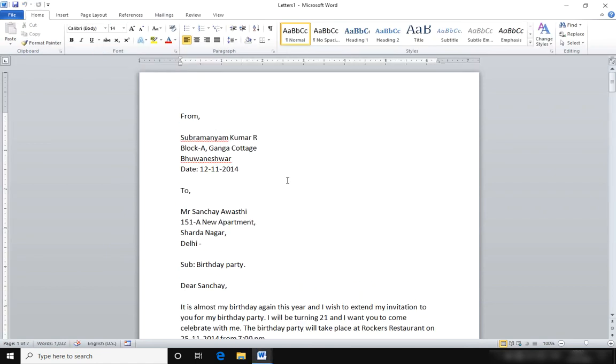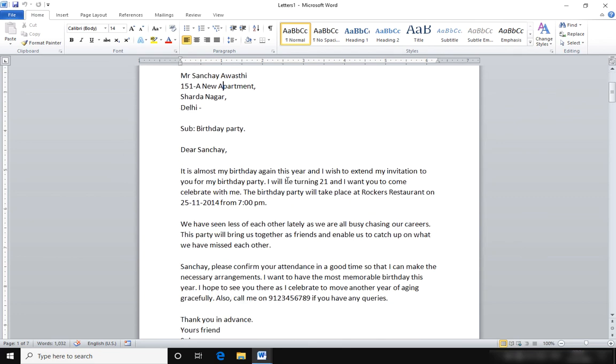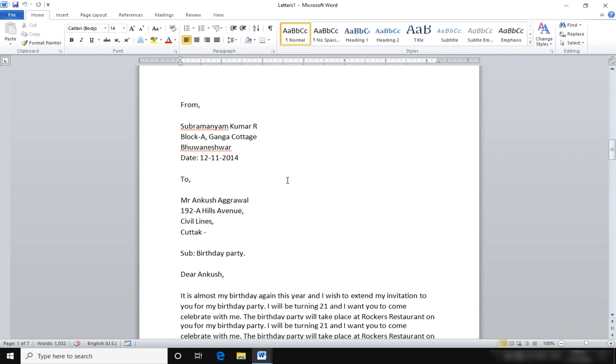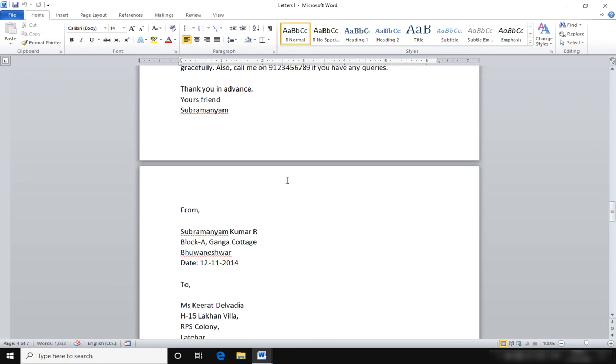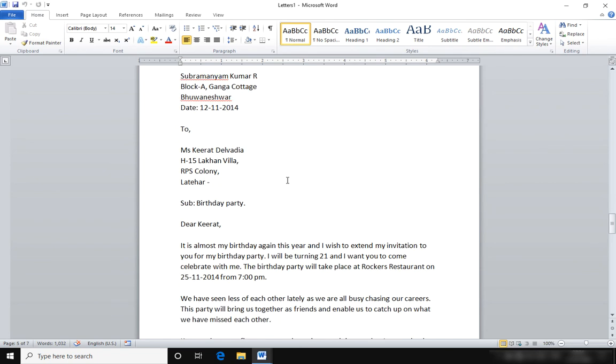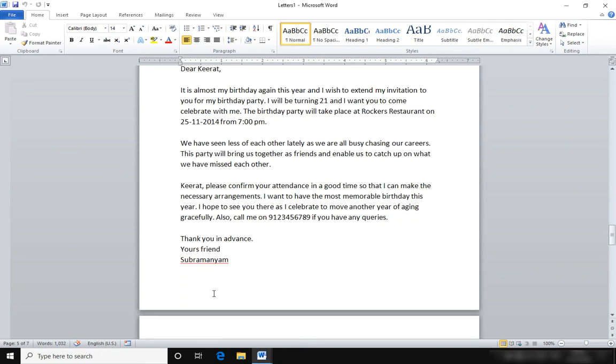Now the mail merge process is complete and you have individual letters for all the people you had in your list. So I have 6 names appearing here and I have separate copies of the letters. If you notice carefully, the content is same, only the fields that you inserted, they are different in all the letters.